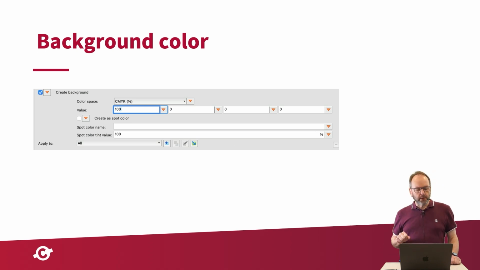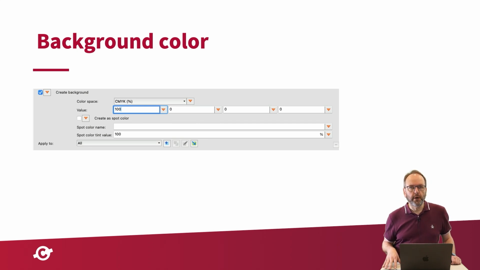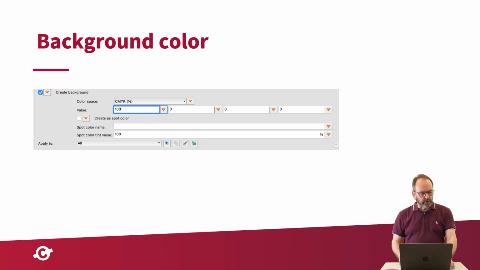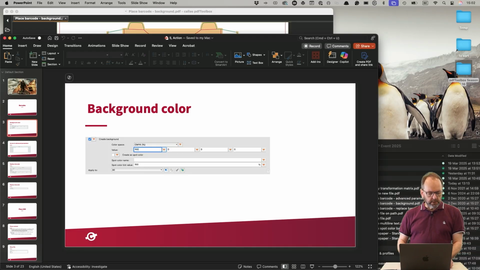There's some new stuff about barcodes, a number of different things. And the first one is a very small one, and you can see it there on screen. It shows that when you use place barcode in pdfToolbox 15 and so on, you had this checkbox that said white background, create a white background. And now it just says create background, and you can specify the color,